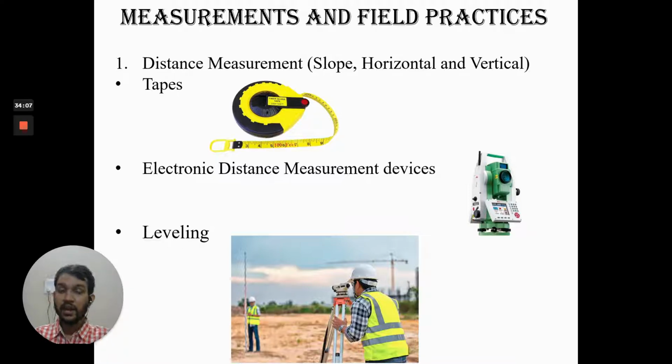Thereafter come electronic distance measurement devices. What are they? They electronically display the distance between 2 points. See, at the bottom you can see a leveling activity. As I told you, one person is standing with the leveling rod and the other person is sighting. Even these electronic distance measurement devices that I am talking about are mounted on a tripod in the same way. Once they are mounted, we can locate the other point, and the distance between those 2 points can be easily calculated using this device.